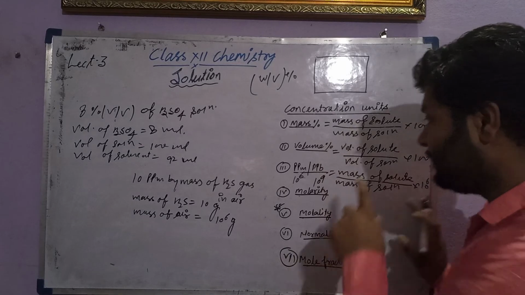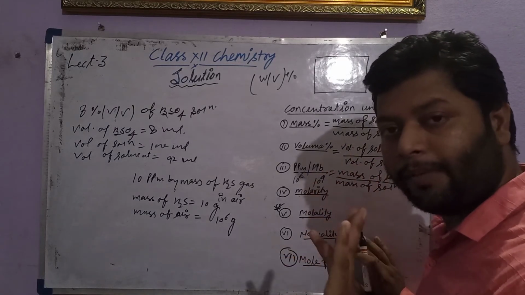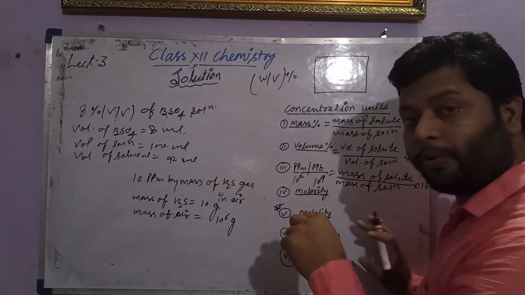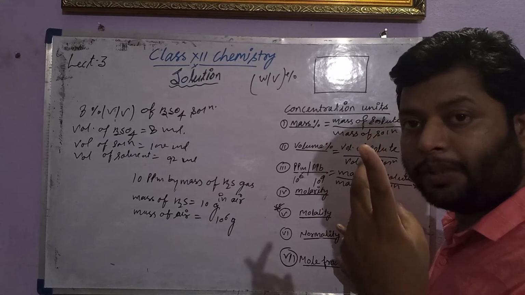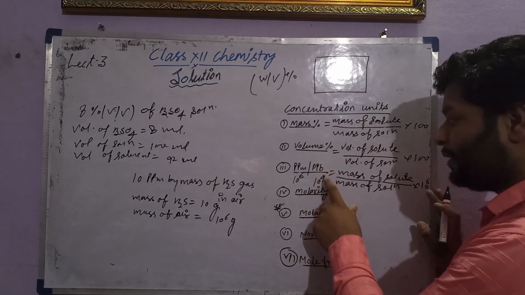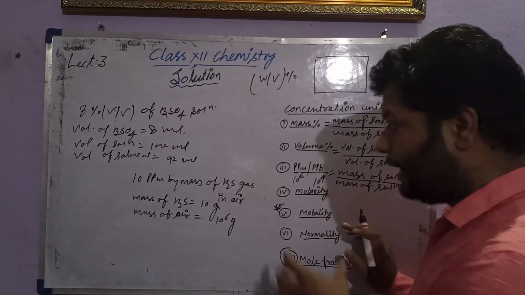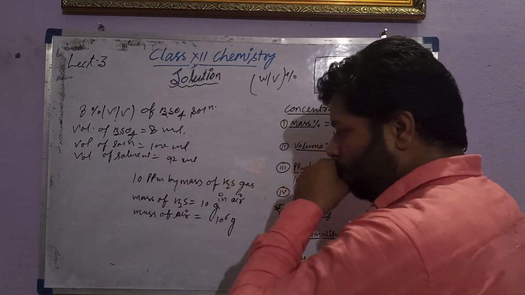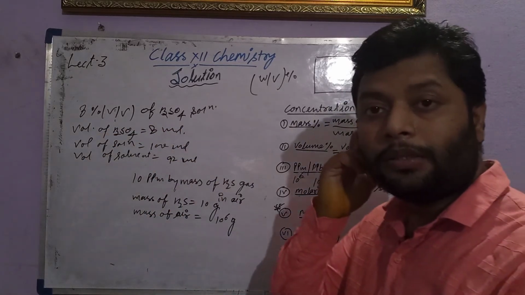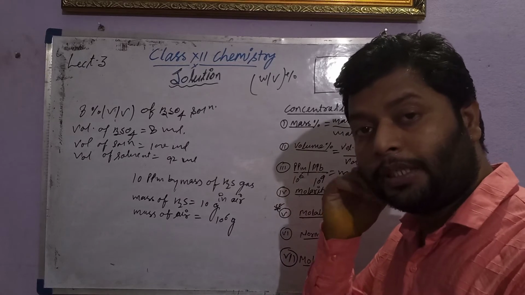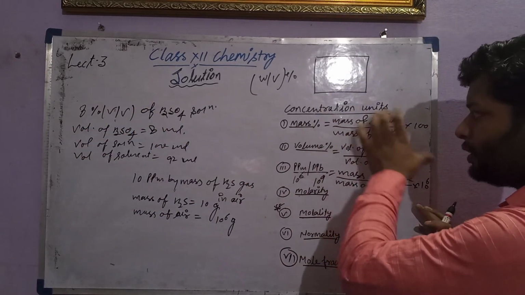The only difference is that instead of 100 there will be 10 to the power 6. The same formula will be there. ppb can also be expressed in three different types: mass terms, volume terms, and mass upon volume terms. The only difference is that instead of 100 there will be 10 to the power 9, and that can be indicated in terms of how we get the value of solute and solvent or solution in terms of mass or volume.